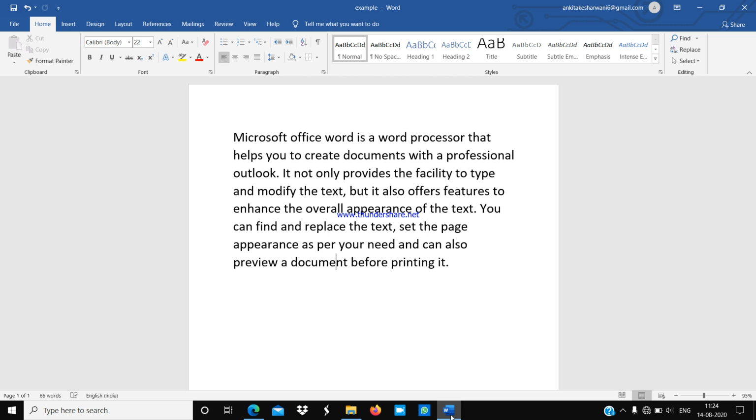Okay. Now, if I want to split this page into 2 columns or more than 2 columns, I can split it by using the column button. So, to do this, I have to first click on the Page Layout tab. You can see here the tabs above: File tab, Home tab, Insert, Design, Layout, Reference, Mailings, Review, View, Help.